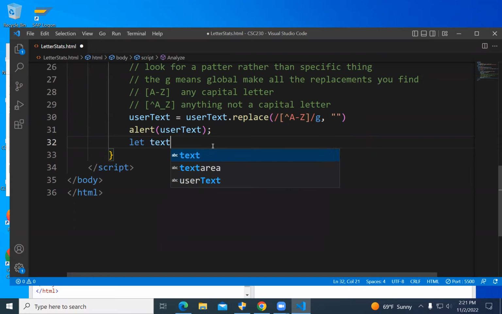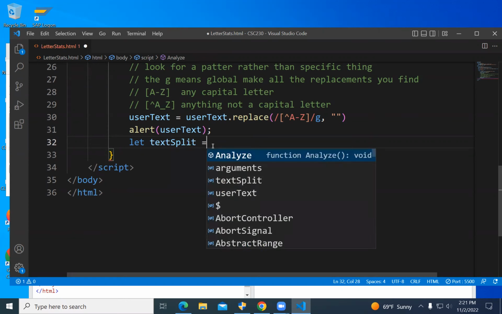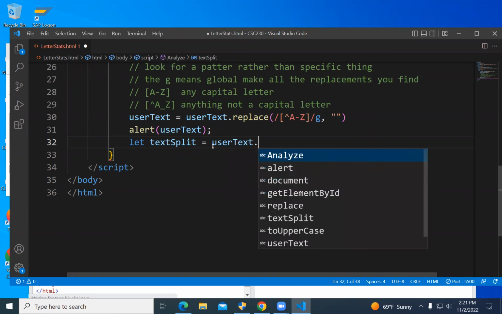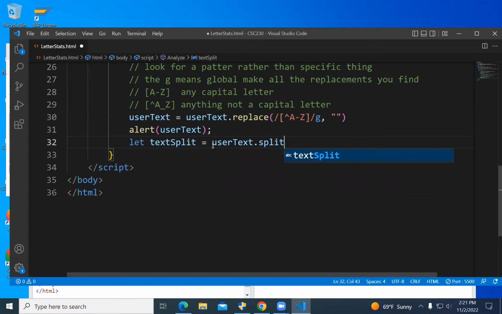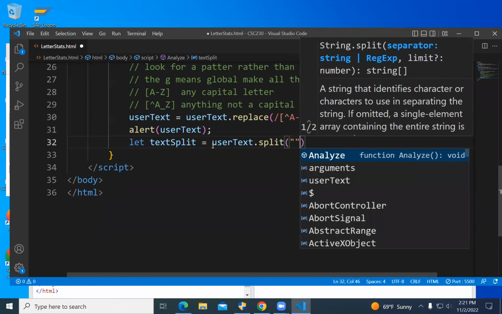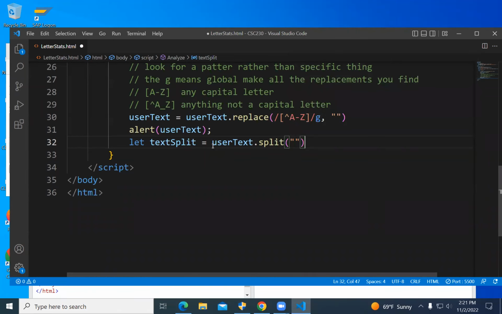Okay. And this was going to be an array of individual letters. I'm going to get that by taking the user text and splitting it. We know what split does. It breaks something based on a delimiter, but we're going to use no delimiter. And then,